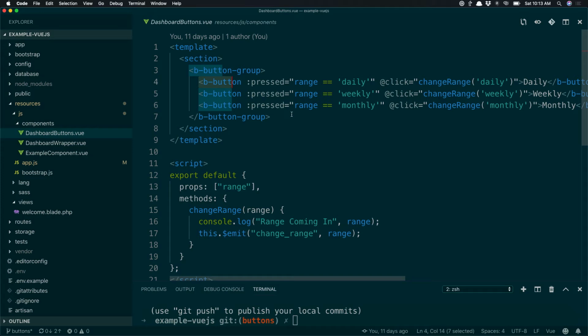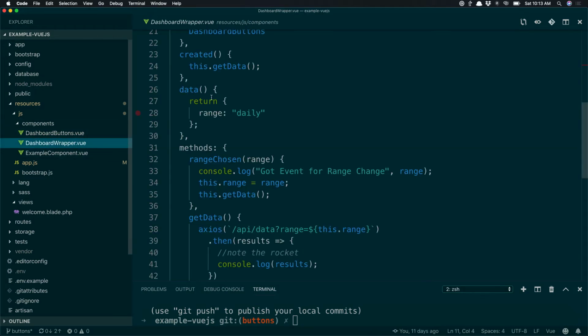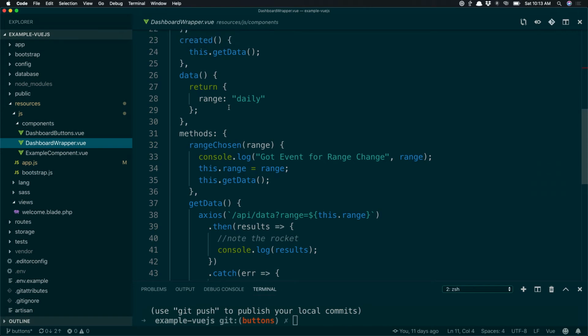Does that make sense to everybody? How that component can listen to this component? And that's how you can pass an event from the child to the parent. But I'm going to talk about why not to do that by the time we're done. But that's a nice simple way to say this child's in this component, and when this child's doing something, someone clicks it or drags something or whatever, I want the parent to then react to it and say, oh, they must want something, I'm going to get more data for them. And in this case, it's going to get data but alter the range.